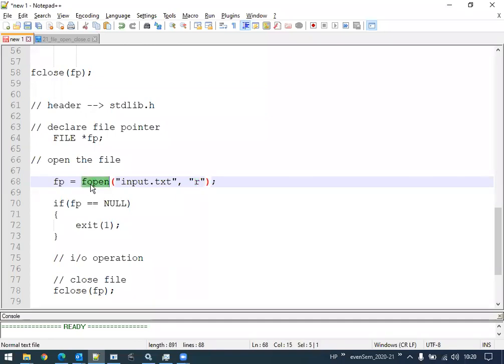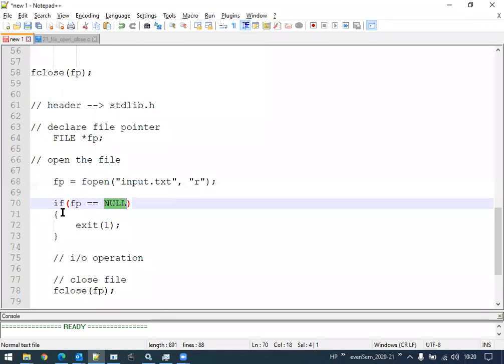At the time of opening, there can be two possibilities. The file can be opened successfully, or there might be certain errors. If there is an error, then the fopen function returns a null value. So we need to check whether the file opening is successful or not. If the file pointer fp has a null value, that means the file has not been opened properly. There are some errors. If so, obviously we cannot perform any other operations on such a file, which means we need to exit from the program.